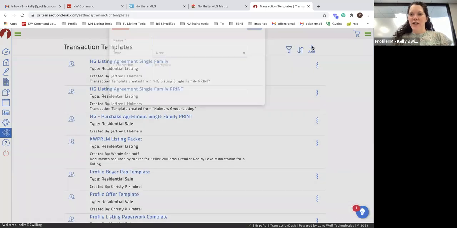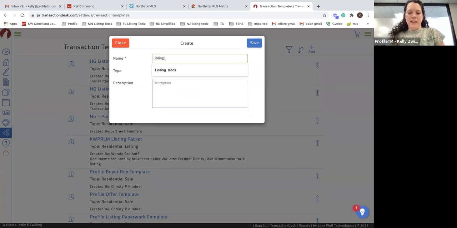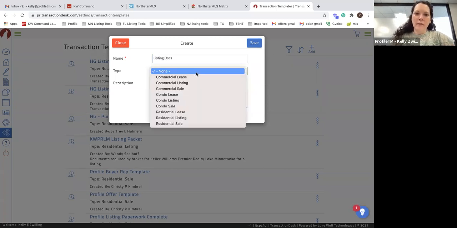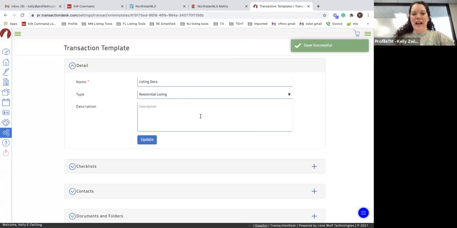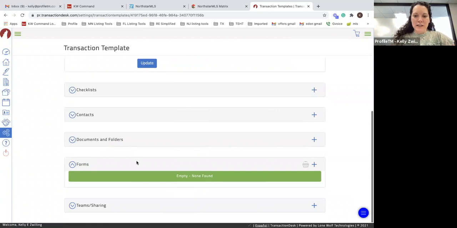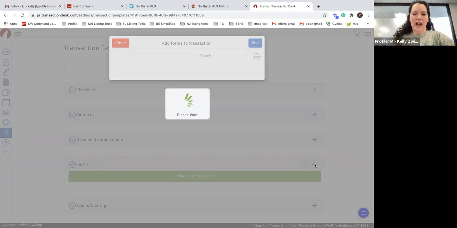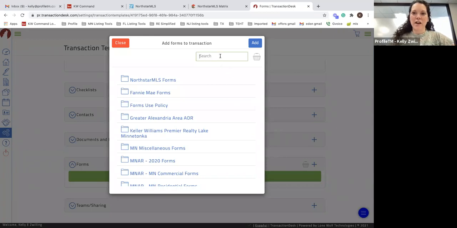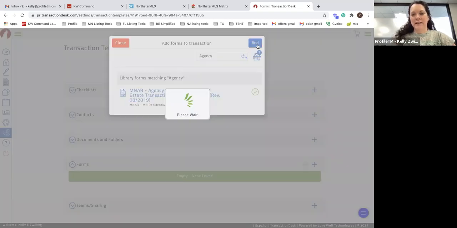So you can just click on add, and then you can call it your listing docs. And then you can do residential listing. And I'm going to show you how to do this. And then you can add in those required forms. So if you come in here to forms, and then you click here, I'll go through the list of required forms. So the first thing that you're going to need for a listing is agency. So if you click on agency,